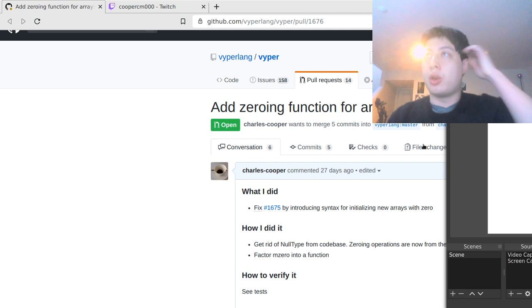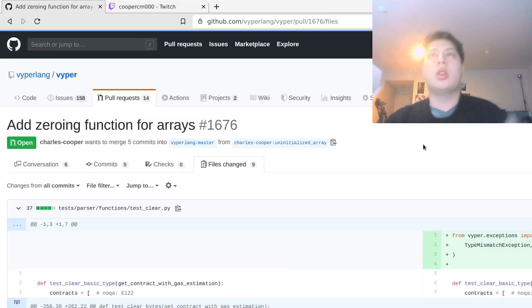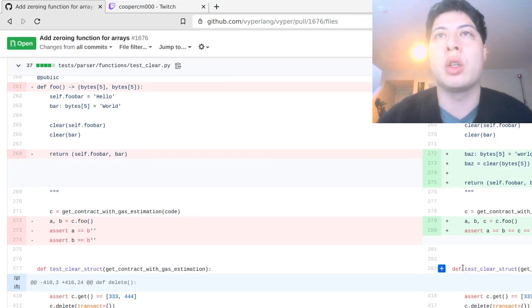A little while ago, we made it so that you can't create uninitialized variables, which is kind of good from a safety point of view, but it's really annoying for arrays because you have to write out a lot of zeros if you want to initialize them. So this is a pretty nifty pull request because it